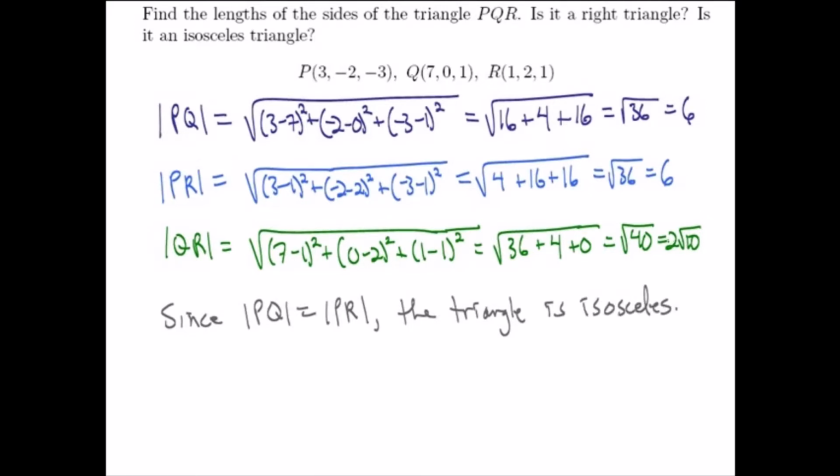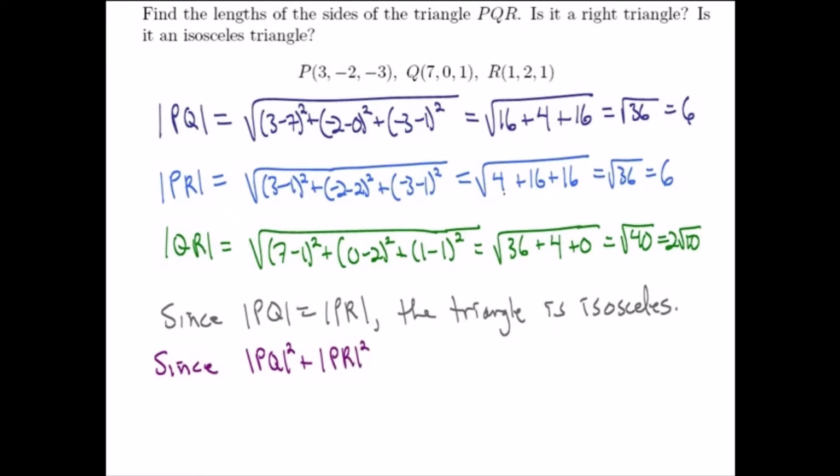Now, is it a right triangle? Well, the answer there is going to be no. If it was a right triangle, the longest side, which is the square root of 40, would have to be the hypotenuse, and the squares of the other 2 sides added together would have to equal the square of the hypotenuse. Well, since PQ squared plus PR squared, those are the 2 legs of this triangle, if it is a